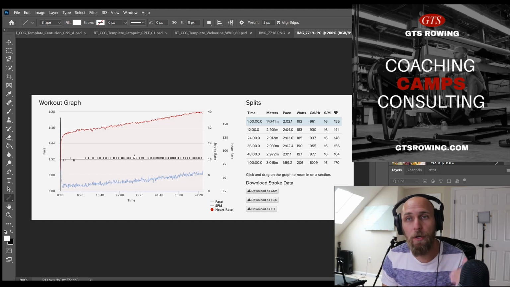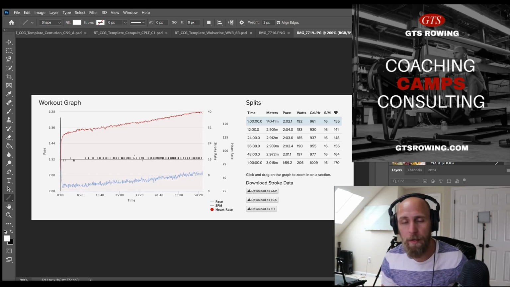I do believe you should start a little bit patient and then ramp up a little bit as you go. So let's say you're used to averaging a 2:03 for your steady state. I would encourage you to finish your warm-up period, your warm-up period being as slow and patient as it needs to be, at least 10 minutes, up to 20, 25 maybe if you're an older athlete that's putting in a lot of volume. But going back, if you're used to averaging about 2:04, I'd probably finish your warm-up around